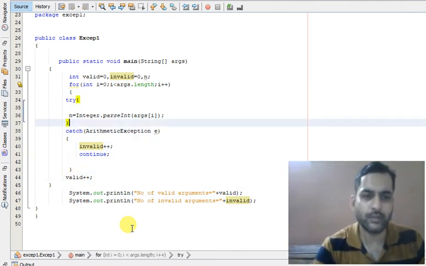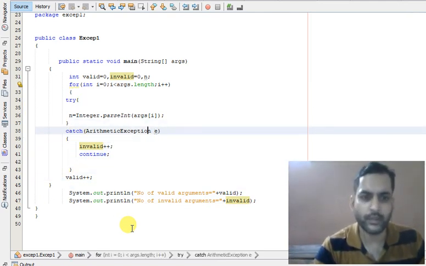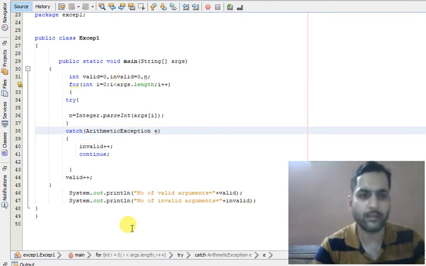And this is actually our NumberFormatException, not the ArithmeticException.